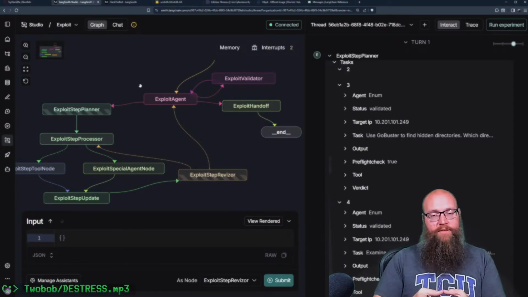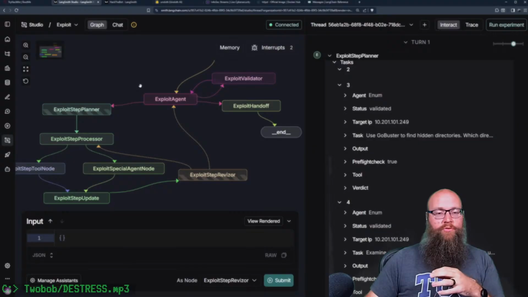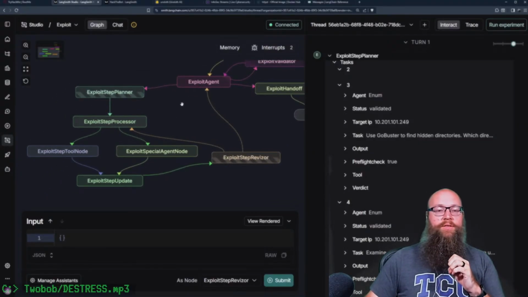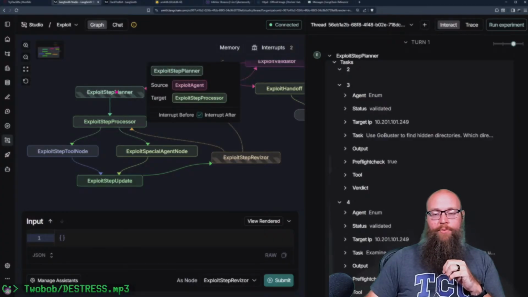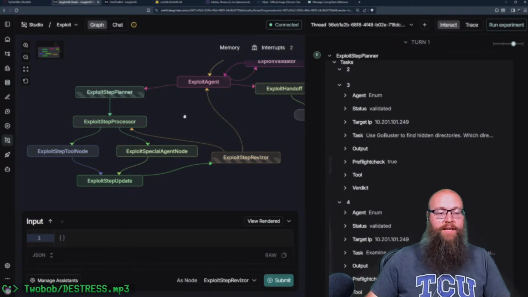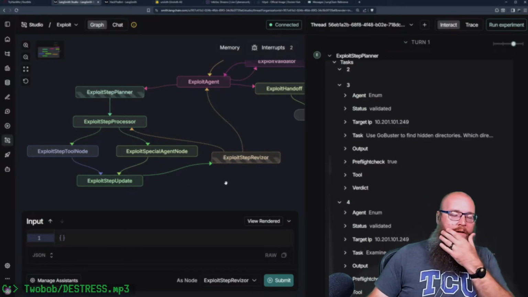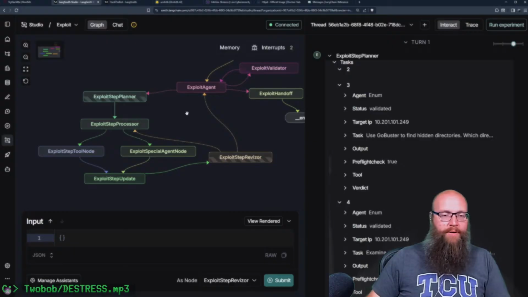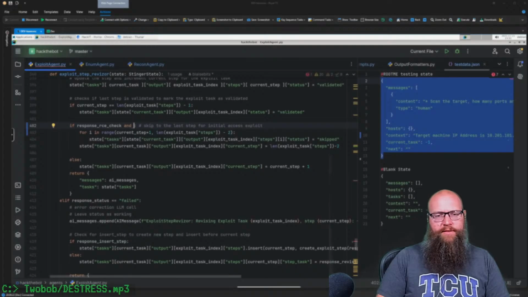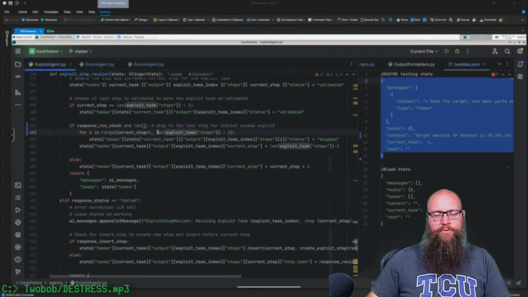So what we did is we added an additional loop here where after the exploitation agent says, here's how I want you to exploit this, the planner makes the plan, it runs through the steps for the plan, and then it goes through with it. Actually, I should have been using the term steps instead of tasks as I'm going through here. So what this will do, I'm going to buff this up a bit. So RCE check, and if the length of the exploit task steps minus 2,